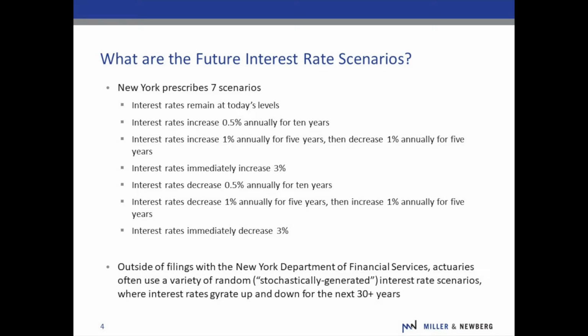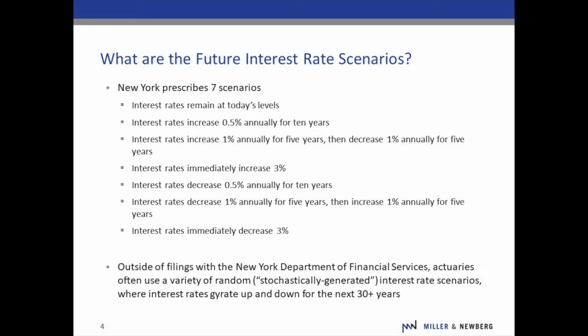So because these 7 scenarios collectively are rather harsh, oftentimes a company will fail 1, 2, or even 3 of these scenarios, and the actuary may feel that the company really is more stable than the picture these New York scenarios paint. And so as a result, actuaries will often add additional scenarios to the analysis to try to create, in the actuary's mind, a more realistic picture of the company's situation.